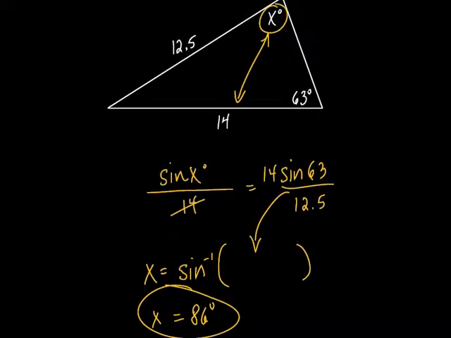Now, I'm not going to get into this, but there are some special cases. In Algebra 2, you'll get into this, okay? In Geometry, they just give you ones that work out every single time. And, oh my goodness, I had the word in my head, and now it's out of my head. It's called the something case. Oh, there it is. It's the ambiguous case. I'm going to write the word down. Ambiguous